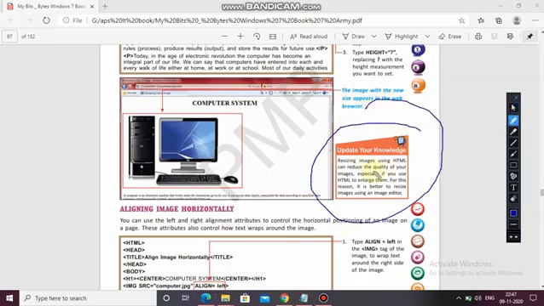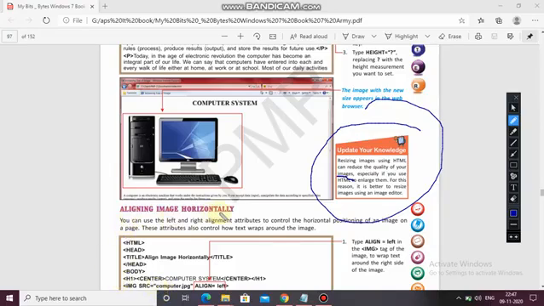Just see, resizing images using HTML can reduce the quality of your image. So in HTML, if you resize the image, that can affect the quality of your image, especially if you use HTML to enlarge them. It means a picture is small and you want to make it large, then the quality of the picture will not be the same as earlier. So for this reason, it is better to resize images using an image editor like Photoshop or Paint Shop Pro, meaning paint programs, whatever programs are given by Microsoft. That will be better.